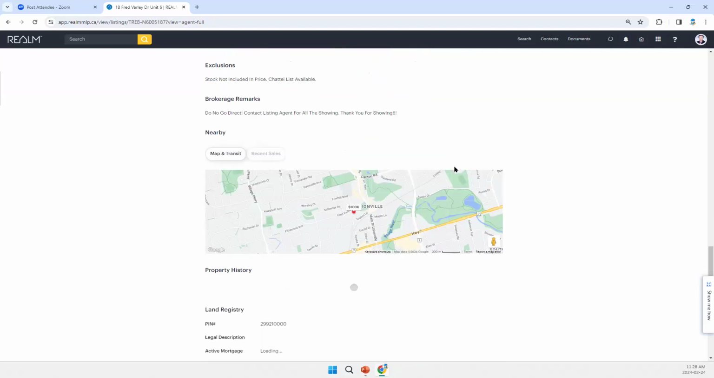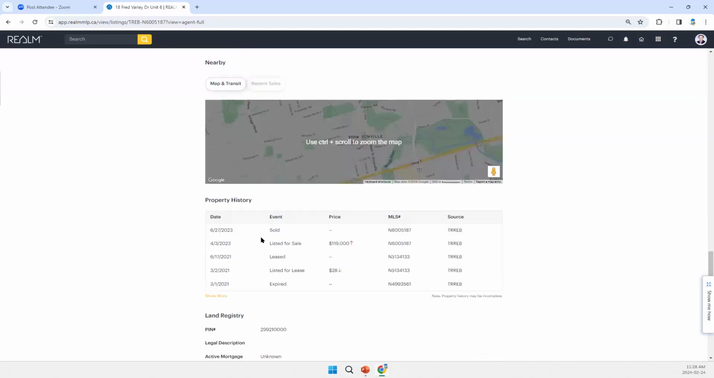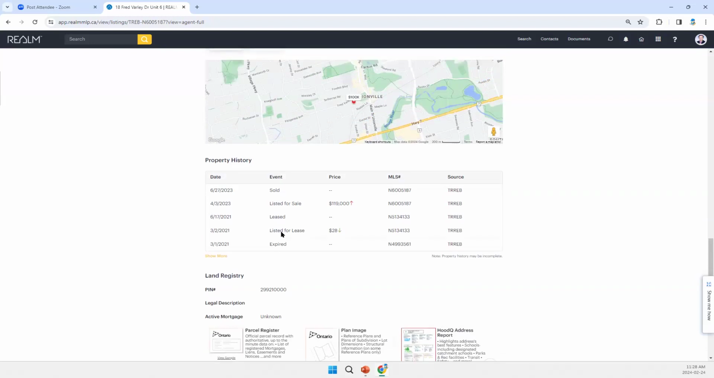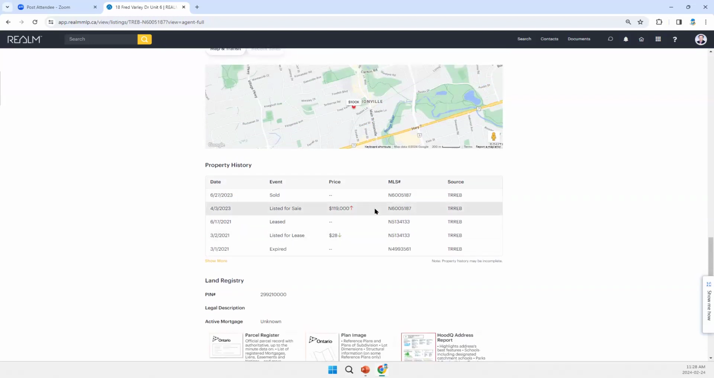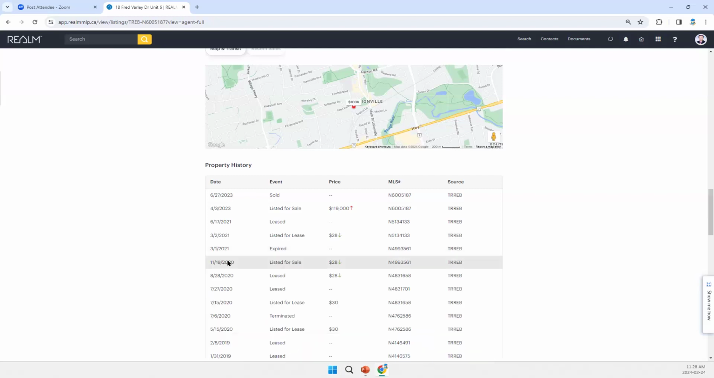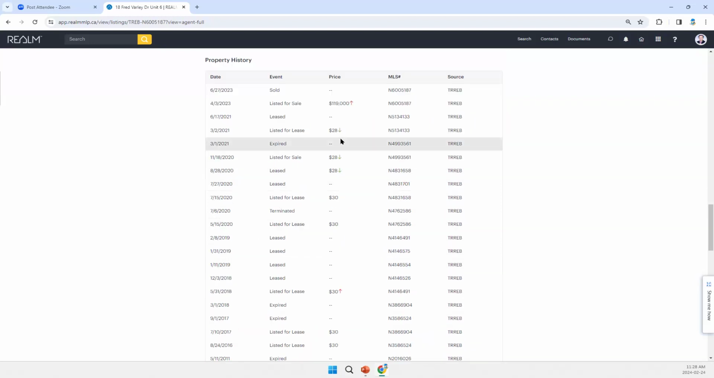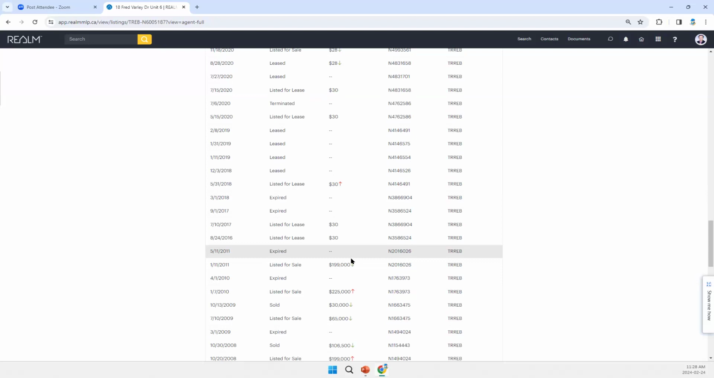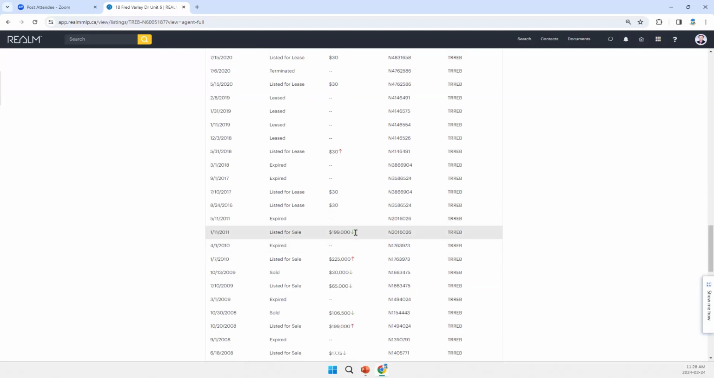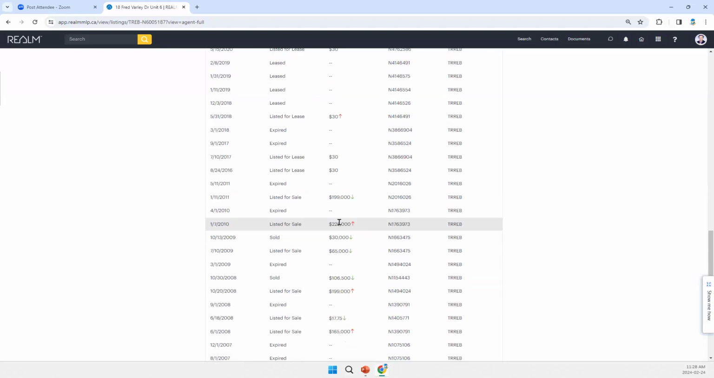So without saying that, because there's no land registry, because there's no property, you can see if this guy sold it before. No, he's trying to rent it out, right? Rent it out. Oh, he sold it for 200,000. Okay, 2 to 5. So now this is